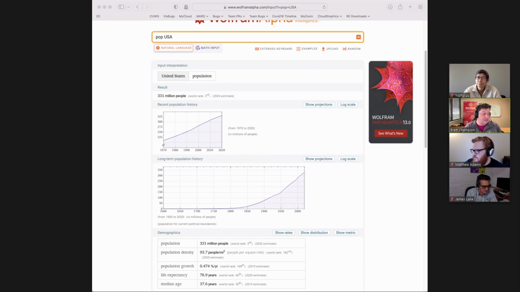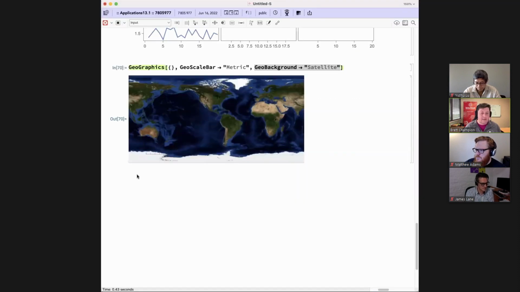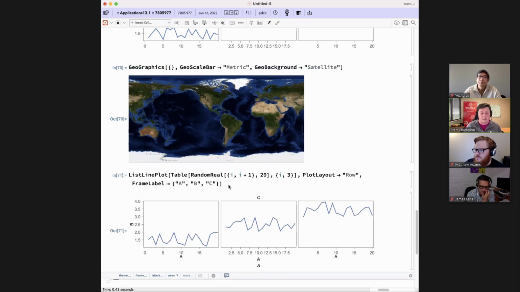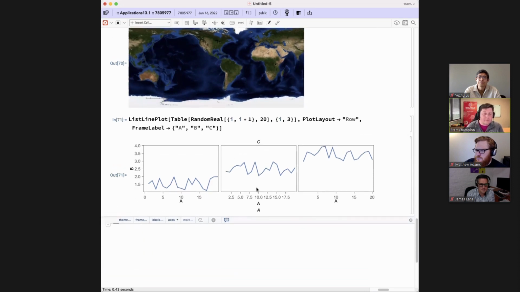Let's see. Please explain this. I need to switch my share. This is probably an example of me making a poor choice in trying something that I haven't tried yet. ListLinePlot, FrameLabel ABC. So, one part of this is a bug, which I intend to fix for the next version,